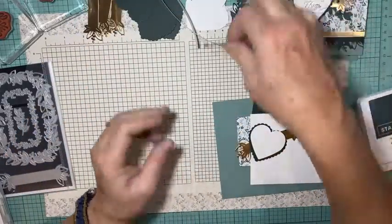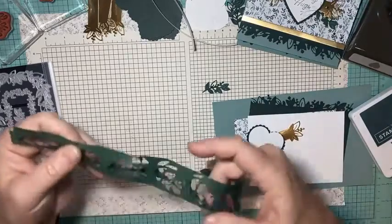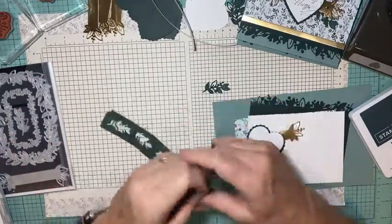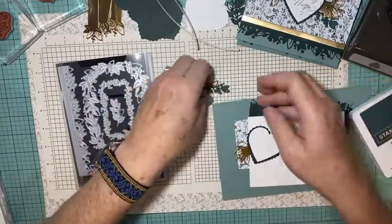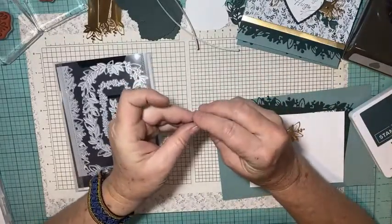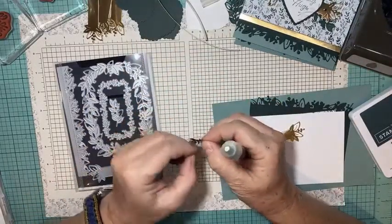Then I took that cotton paper and I doubled it up. So I layered it about an inch. I think this is about an inch wide, but I layered two pieces on top, and then I cut out with this little leaf spriggy thingy here, and I cut out a piece of that. And now the hard part is going to be getting those two apart. But let's see if I use my Take a Pick tool, if I can get,